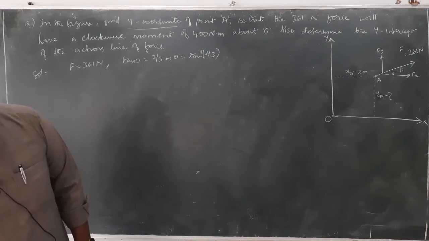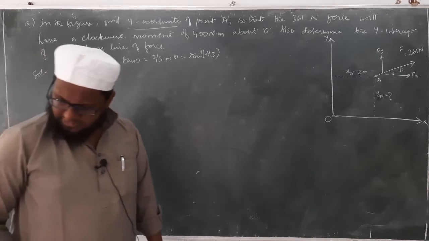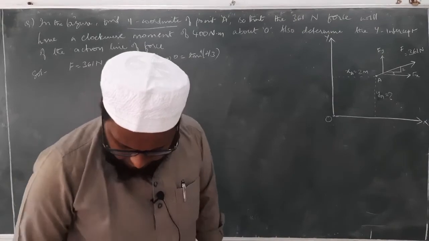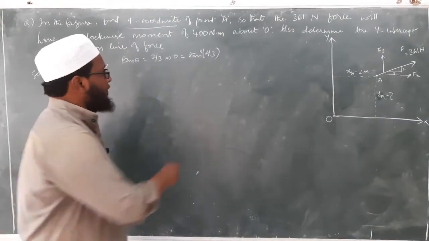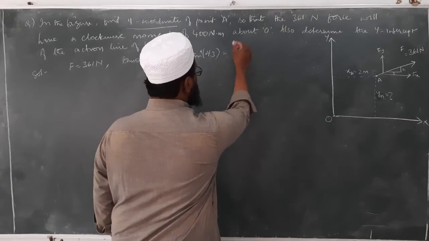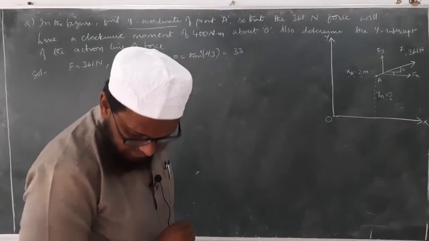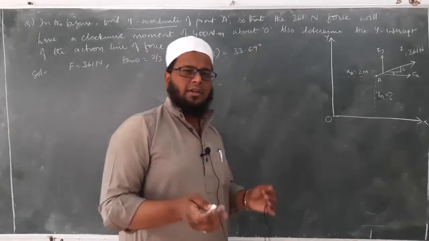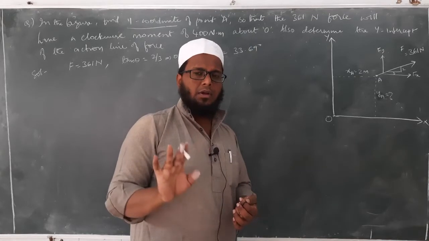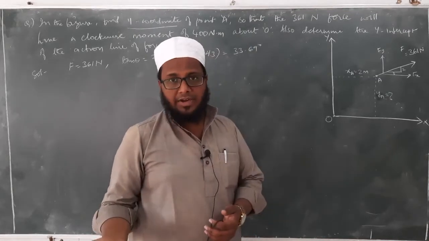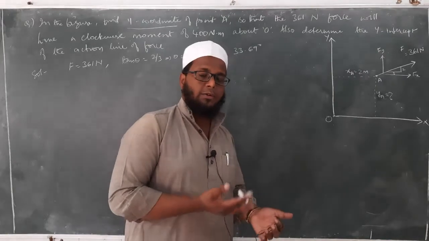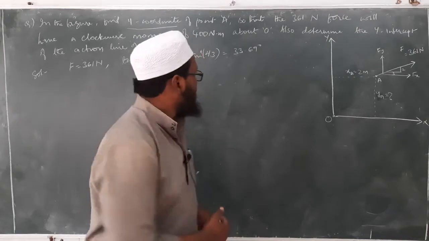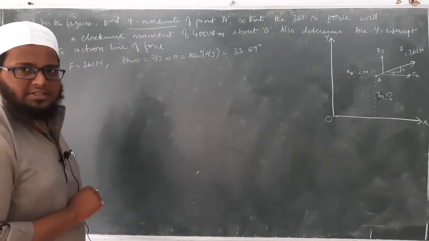So it is somewhere 37.43 I am getting. But here it is 33. So maybe I am using the phone calculator. So this is 33.69 degrees. But make sure that whenever you have slight differences in the values, no need to worry, because in a few calculators you will be getting 34 and in a few calculators you will be getting 33.69. It depends on the accuracy of the calculator. Okay, so theta is equal to 33.69, we got it.